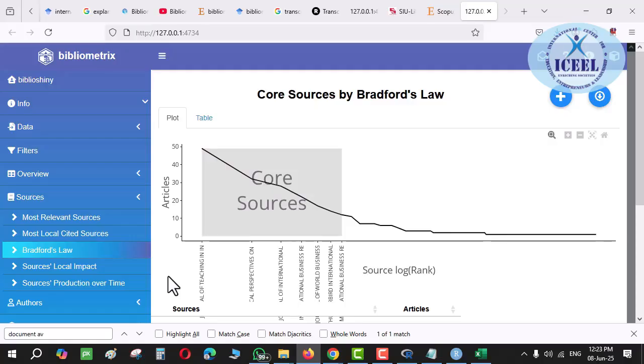Journal को तीन part में divide कर दो. This is core, you can see here. Core sources, second zone and third zone. Bradford said that if you divide it into three parts, each with about 1/3 of the articles, then the core part will be having few journals, the second zone will be having more journals, and the third zone will be having the bulk of journals.